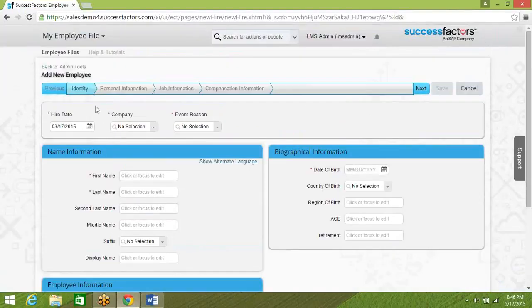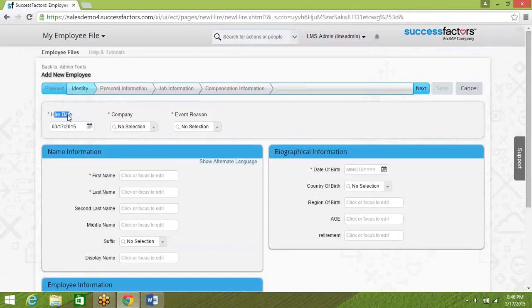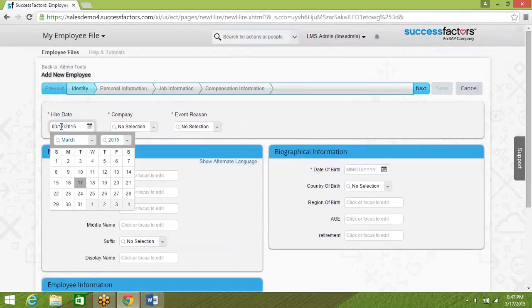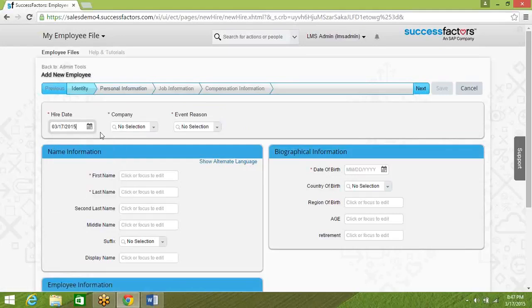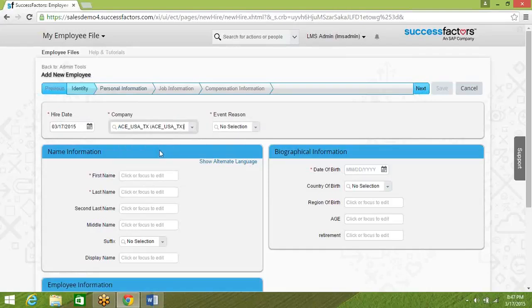Say, this is how you are going to add a new hire or a new employee in your SuccessFactors Employee Central module, guys. And you can see you have your effective dated entities. So far you haven't seen the effective dated objects or entities in your talent management system, but you are seeing them here. So this is a little bit different. Let's say I am going to hire an employee today and they belong to the company. You can see these are the different companies that have been defined in our system. Let's say the company is ASUSA_Texas. And the reason you are hiring is, like say, it is going to be a new hire. And let's say it is going to be